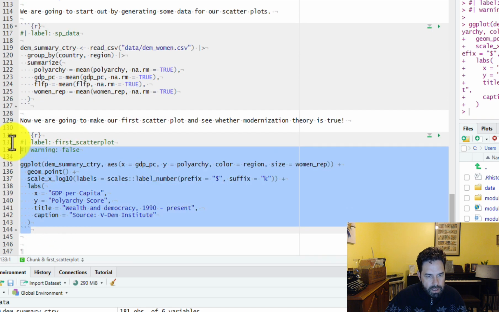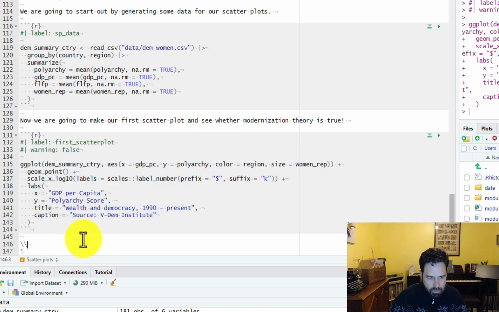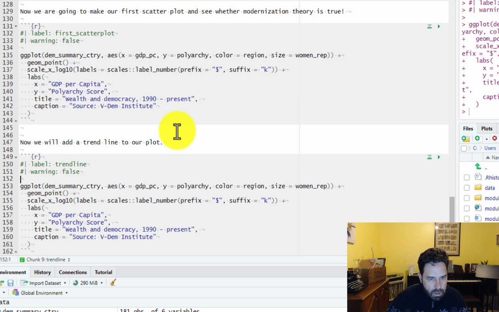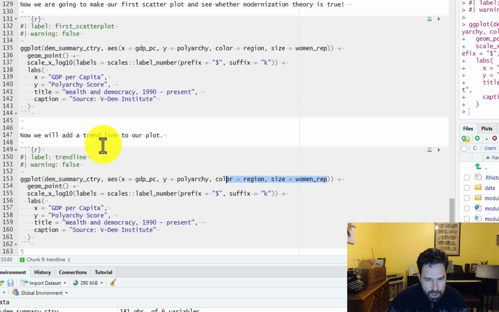An easy way to do that would be to include a trend line. So let's go ahead and copy this, and let's paste it down here. And let's say, now we will add a trend line to our plot, and we're going to change the label here to trend line, and let's take out women's representation in region from this first mapping here, and let's go down to geom point. And let's add a new aes call,